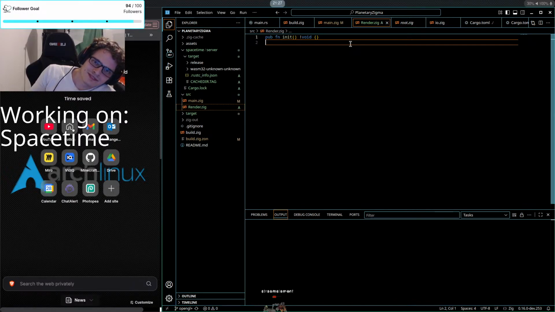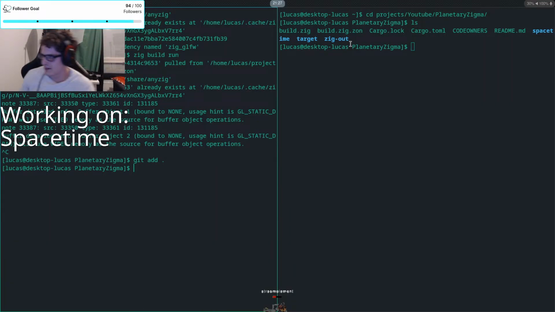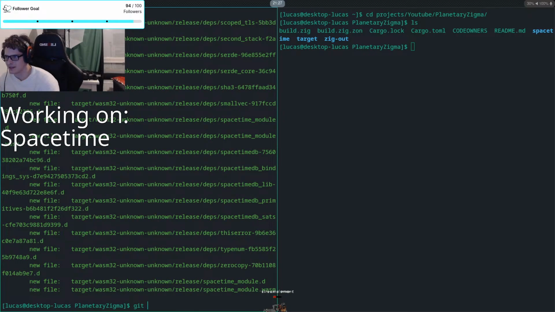Yeah, good luck with OpenGL. Now we're gonna do it in Vulkan, but we're gonna do it first with OpenGL. Okay, but I'm just gonna fix this render for you. I'm gonna git commit and push stuff. Well, look at that. Okay.